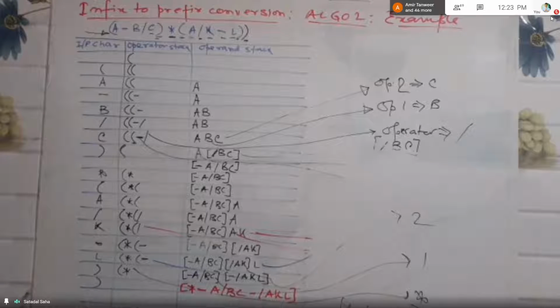Though this algorithm seems to be slightly more complex than the previous one, in this algorithm you can do the job in a single table. It means you don't need to move to and fro. So in the previous algorithm, or in algorithm one, if you remember or you can follow it from your notebook, first you need to convert this infix into the reverse string, and then that reverse string is converted into its equivalent postfix expression, and then the postfix expression is again reversed to get the final prefix expression.